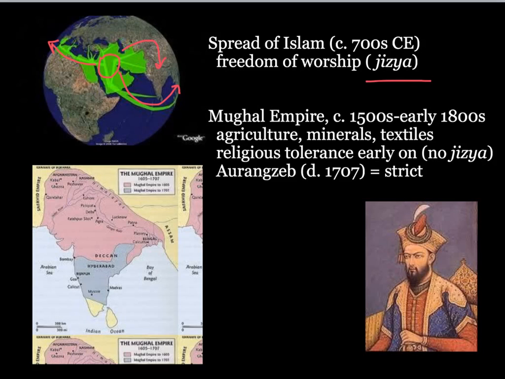By the time we get to the end of the Middle Ages, about 1500, we have a new family coming to power on the Indian subcontinent. This family is called the Mughal family. They established the Mughal Empire. And while there will be Mughals in power somewhere in India between the 1500s and the early 1800s, they really start losing power in the 18th century. The first of the great Mughal emperors is a man by the name of Akbar.